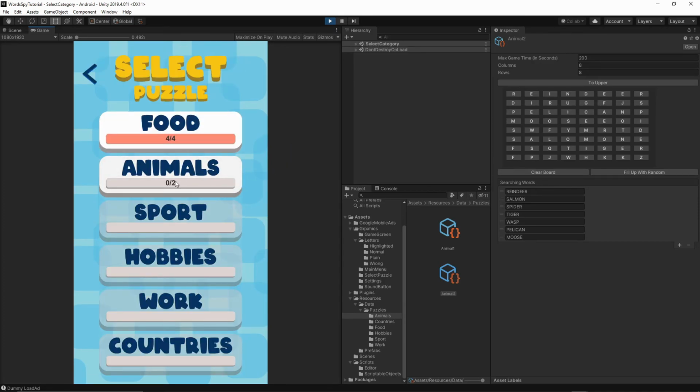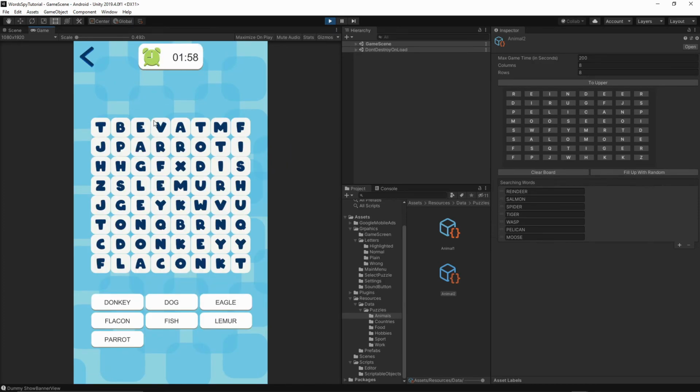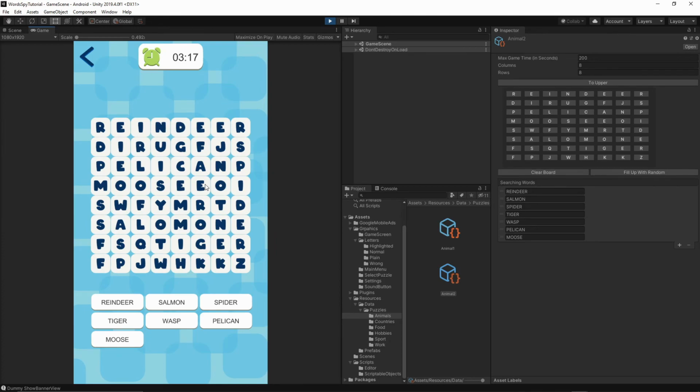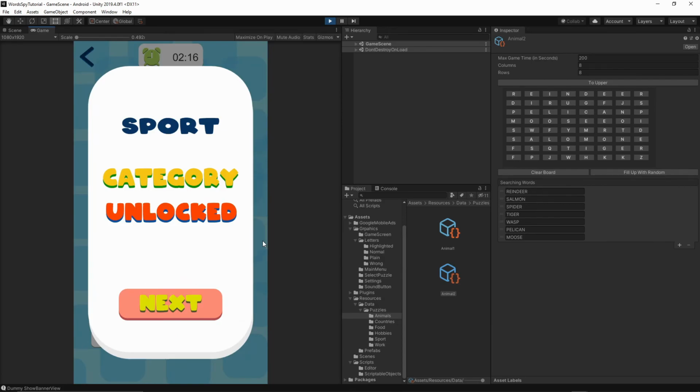Play, animals. Okay, and then donkey, parrot, and then lemur. Okay, so the well done pop-up is fine. We're hitting the next. We have another puzzles from the animals. Let's solve it. Spider. Actually, I think I made a spelling mistake in the salmon. Okay, so wasp. Let's try to find another one. Tiger. And then we don't have the salmon. I cannot solve it, so I will use the book which is inside the game now. We're gonna fix it later. I will select the same word again, and because of this book I was able to progress,